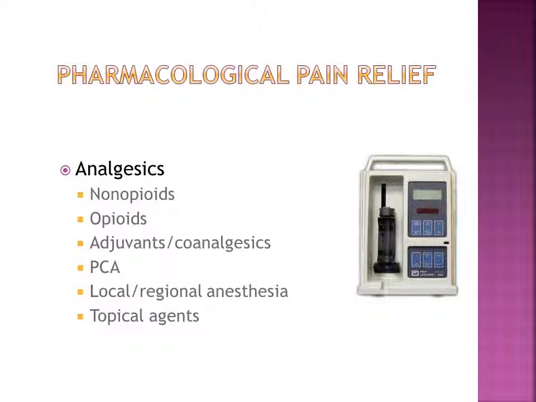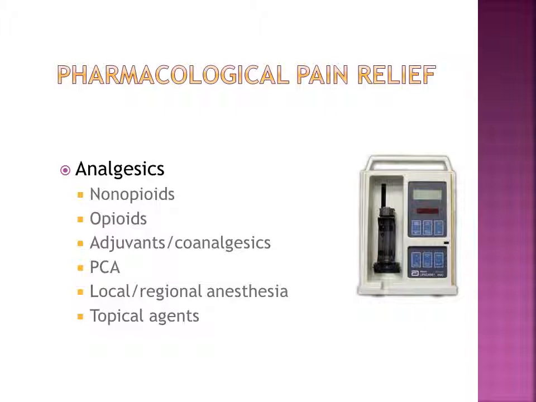Opioids are prescribed for moderate to severe pain. These are associated with CNS depression, the central nervous system depression, hypotension, respiratory depression, and adverse effects of nausea, vomiting, constipation, itching, urinary retention, and altered mental processes. If you look at box 43-13, it has information regarding principles for administering analgesics.